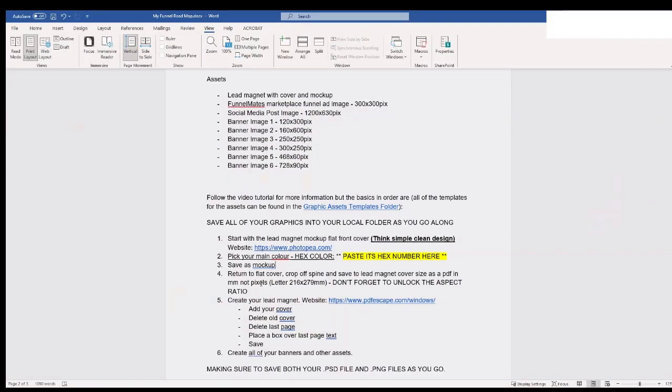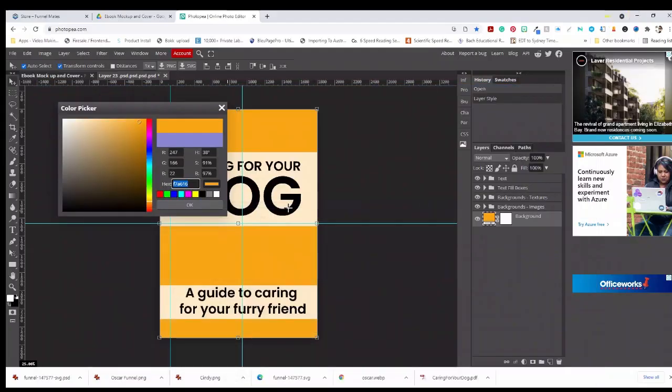Copy it, go to your document and paste your hex number here. Oops. We are going to use these 6 digits later. They are very important. They will just make your life so much easier when it comes to putting the funnel